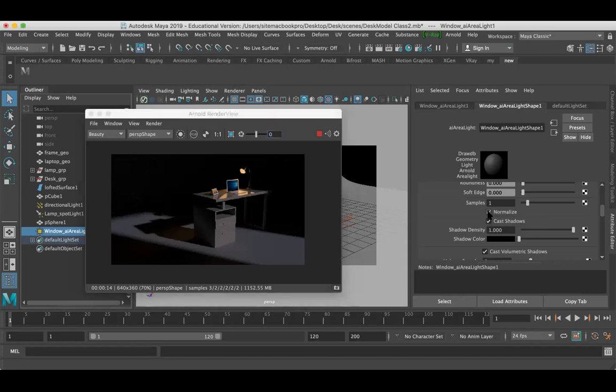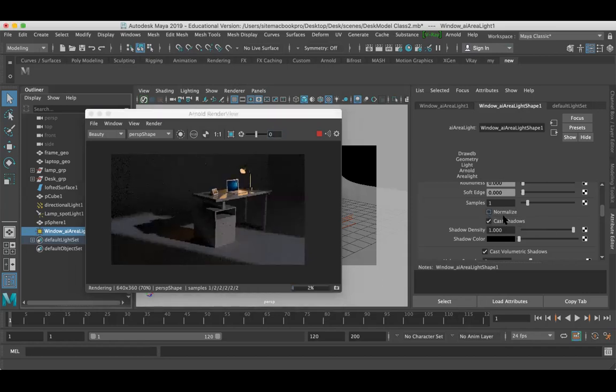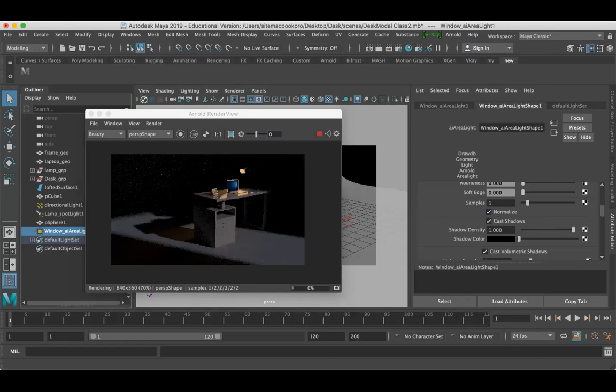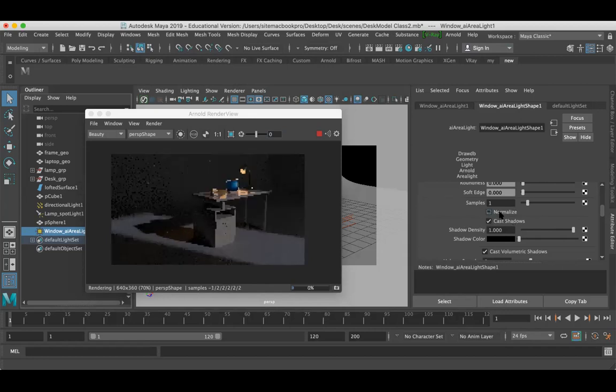Once it is completed, you cannot see any difference. So make sure your normalize is off. Guys, in the area light, if normalize is off, then you can see some noise over here. Previously it was completely dark, you can see here. When I disable the normalize, I can see that my area is filled here. Am I right? So look at here.